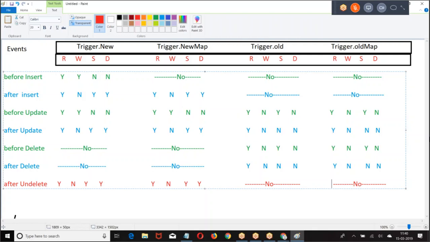This is the only concept. If you understand this variable, what we can perform on this variable, which variable is available in which trigger, rest all the concept is only regular Apex programming with list, set, map with SOQL and DML. I hope you got my point. Right? Is this structure clear for everyone? Right? So try to make a note of this. This will be helpful to you. Right.